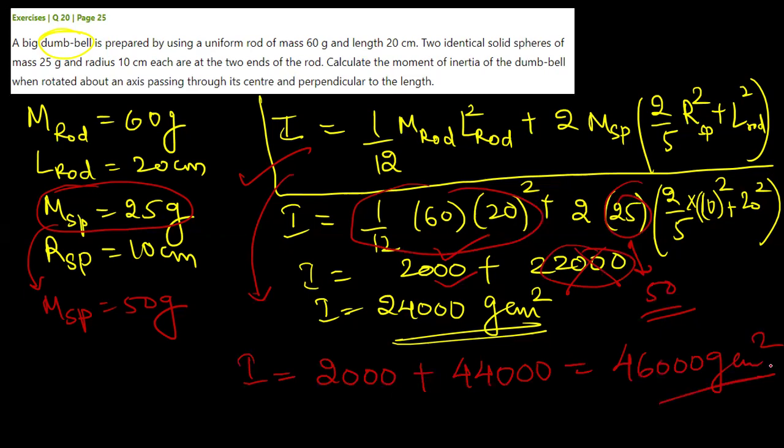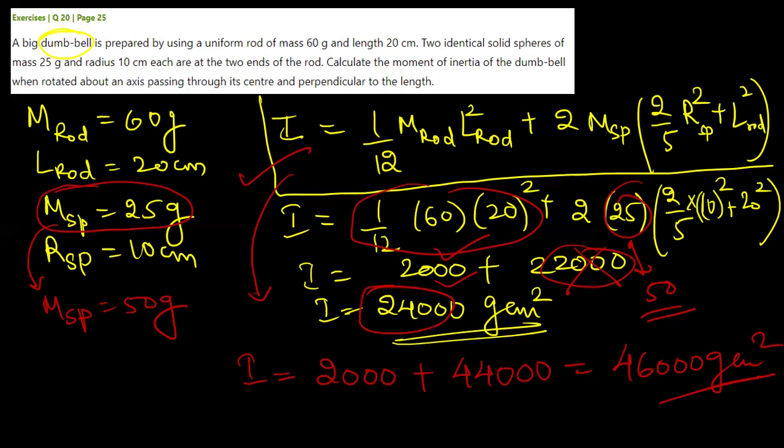But again there is a mistake in the textbook. जिसके बुक में 50 ग्राम दिया हुआ है ना, उसके बुक में भी आंसर 24,000 ही दिया हुआ है। ठीक है, so we can say that there is a mistake in the question itself. If the answer is 24,000 there is a mistake in the question. Mass should be 25 gram only. ठीक है, मास 25 ग्राम ही होना चाहिए, क्योंकि जिसके बुक में 50 ग्राम भी दिया है मास, उसके बुक में भी 24,000 ही आंसर दिया है, which is wrong. तो आंसर अगर 50 ग्राम लेके चलेंगे तो आंसर रॉन्ग है। अगर आंसर राइट लेके चलना है तो क्वेश्चन में चेंज करना पड़ेगा।